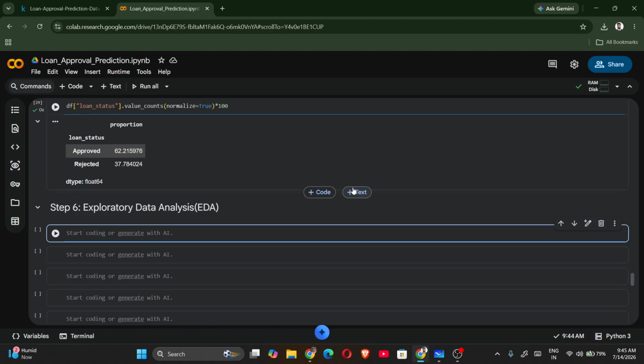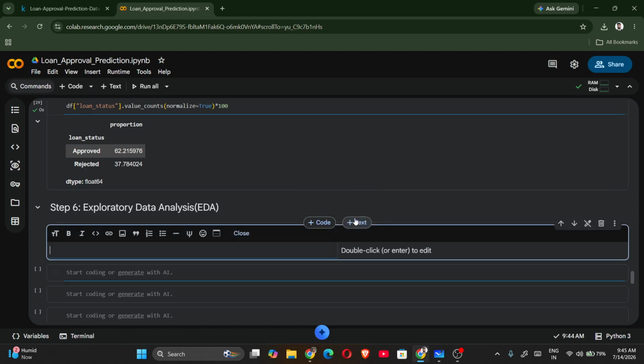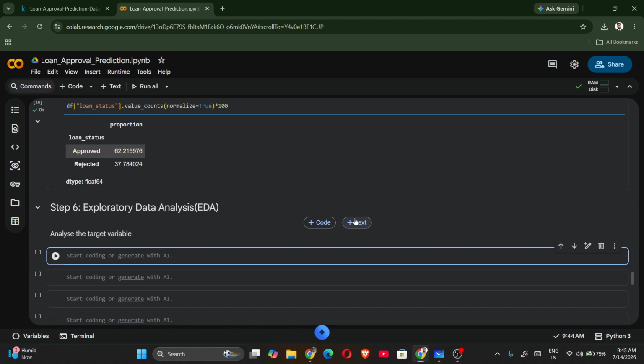So now we will be analyzing our target variable. So for that, analyze the target variable. We have df of loan status dot